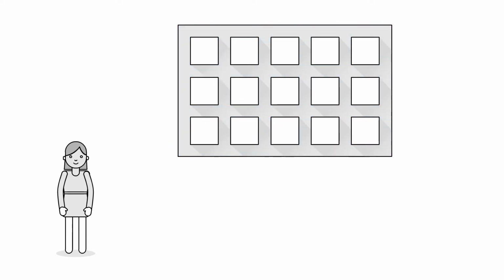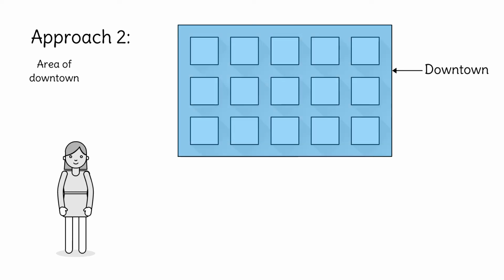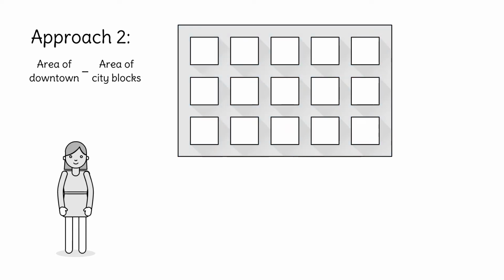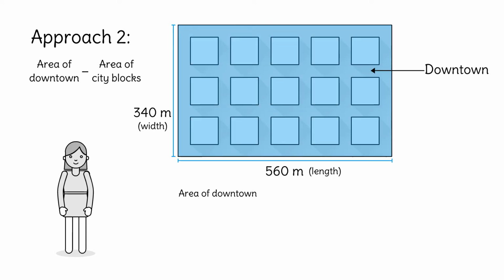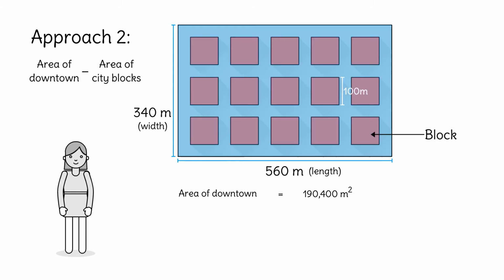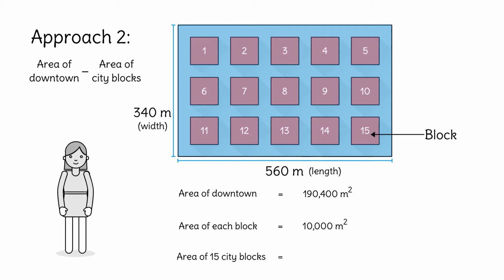Is there another way to find the answer? Sure, Janet could calculate the area of the entire downtown and just subtract the area of the city blocks. The area of the entire downtown is width times length, or 340 times 560, which gives us 190,400 square meters. Janet knows the city blocks are 100 by 100 squares, so the area of each block is 100 times 100, or 10,000 square meters. There are 15 blocks, so the total area of the blocks is 15 times 10,000, or